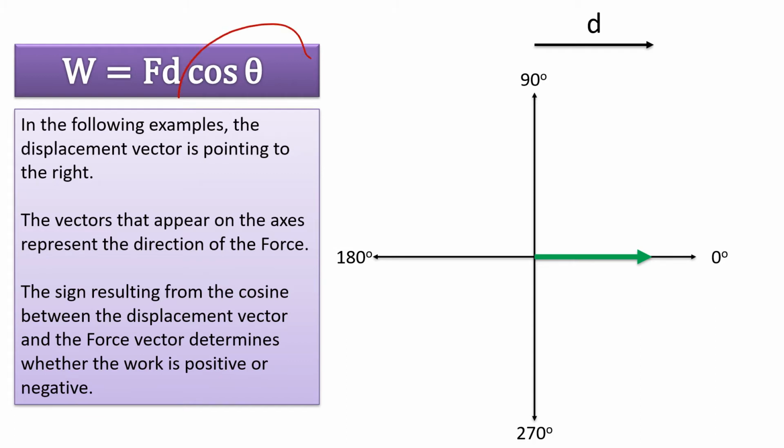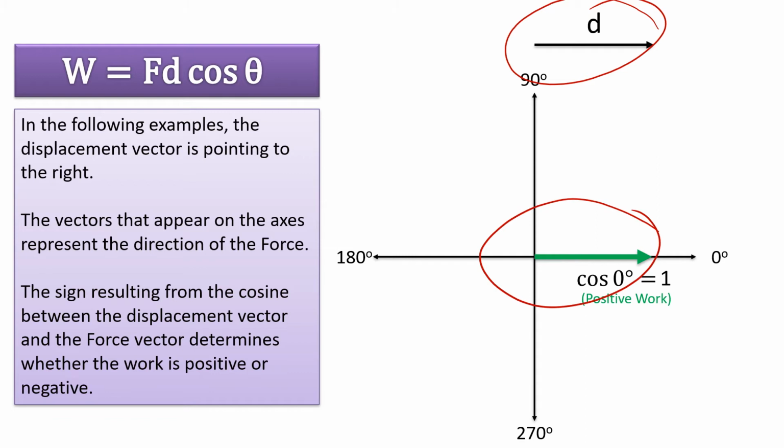The cosine of the angle will tell you if it's positive or negative work. So in this example, hopefully you can see it's the cosine of 0 degrees. There is no angle between these two vectors, so the angle is equal to 0. If you plug it in your calculator, or maybe you know offhand, what is the cosine of 0? It's equal to positive 1. So we could say we're doing positive work. And this agrees with what we said in the last slide, where the force and the displacement are pointing in the same direction. So you're pushing the cart faster, you're making it go faster, you're making it gain kinetic